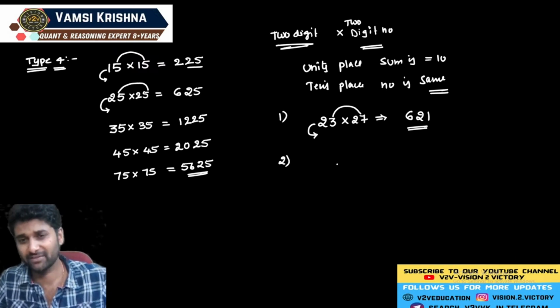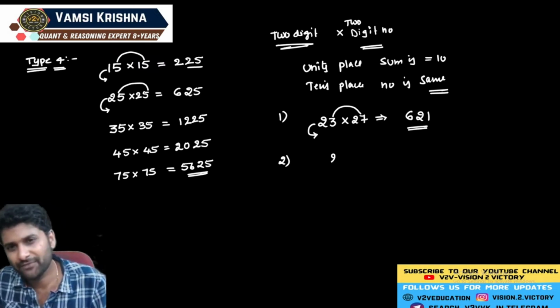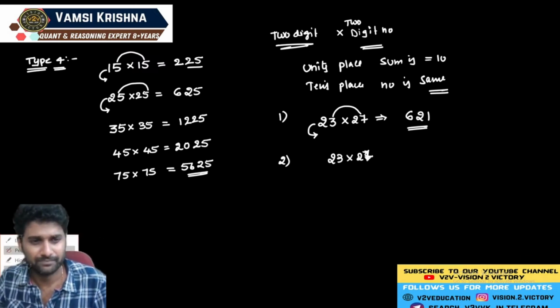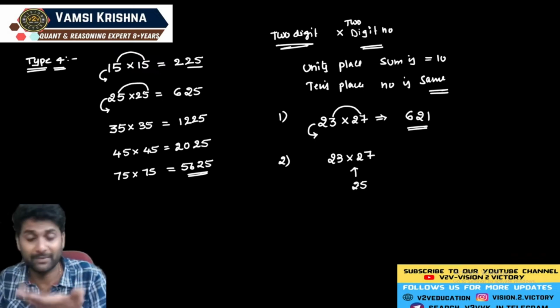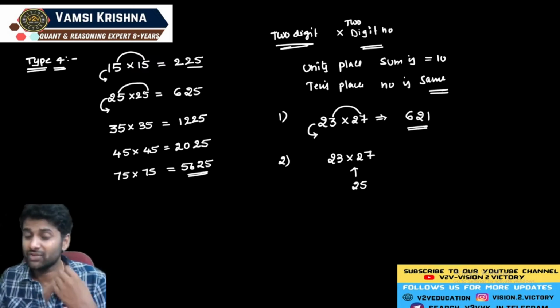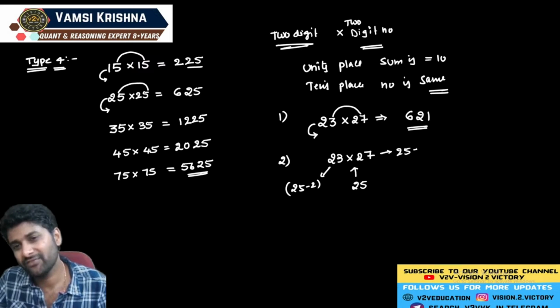But I want to tell you a different one. Let me tell you what are the different methods to identify the resultant. Now see, if 23 is multiplied by 27, if you see this kind of example in your exam, I just solve in this way. Why? Because I know another method. See, 25 is common. Why? Because 23 is less than 25 by 2 units, 27 is more than 25 by 2 units. So you can take this one as 25 minus 2, and this one as 25 plus 2,